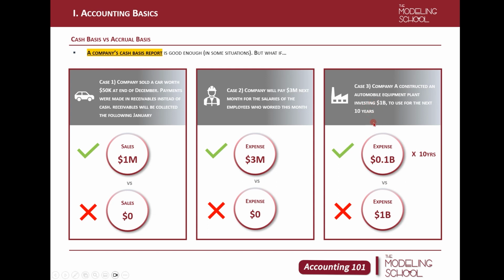So should we split it by 10 and record expenses over the 10 years by $0.1 billion, which makes more sense. In cash-based accounting, as you have noticed, we would probably record a $1 billion expense at the point where cash has gone out. But in accrual basis accounting,